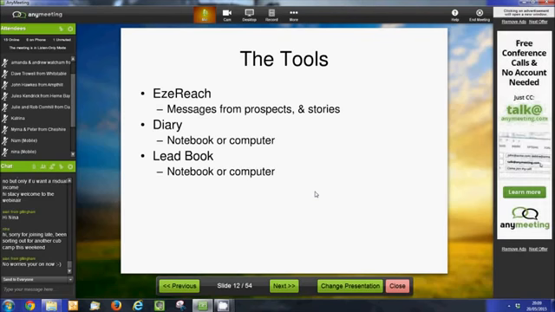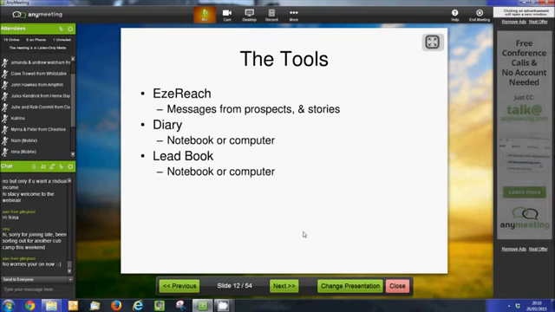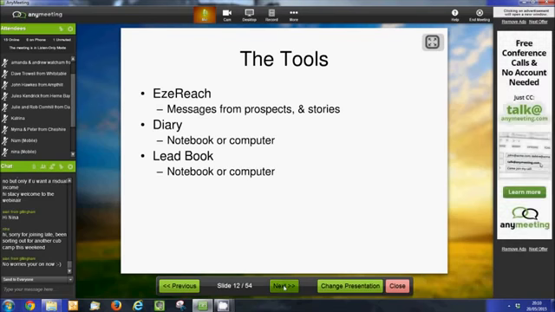But if you're generating 2 or 3 or 5 or 20 or 30 or 50 or 100 a week, it's impossible to remember all those things. So you need a really good system for keeping people's details. So you will need, again, either a notebook or some kind of computer system to keep track of all your leads.